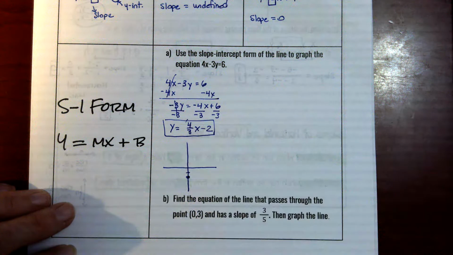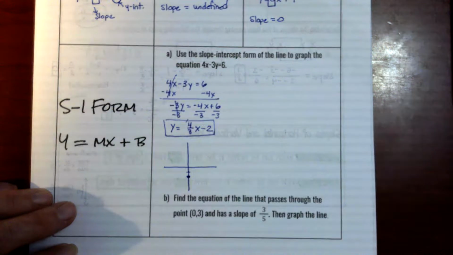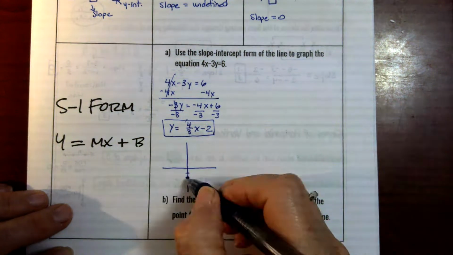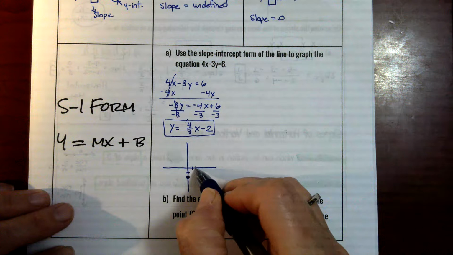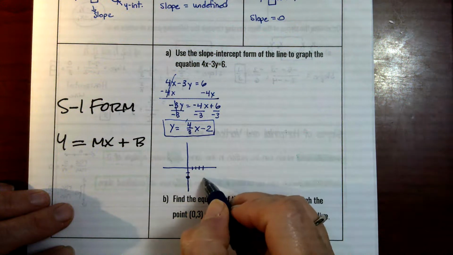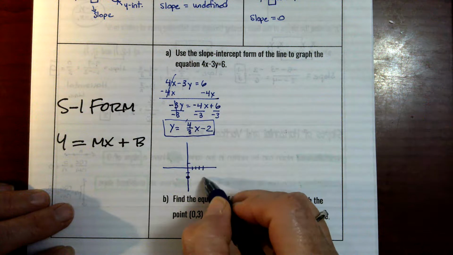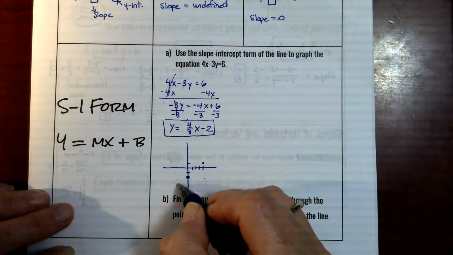And all I really need are 2 points. Again, only one line goes through 2 given points. So 2 points determines the line. That's all I need. So as x goes up 4, y goes up 3. So up 4, x goes up 4, y goes up 3, and the line would look like,